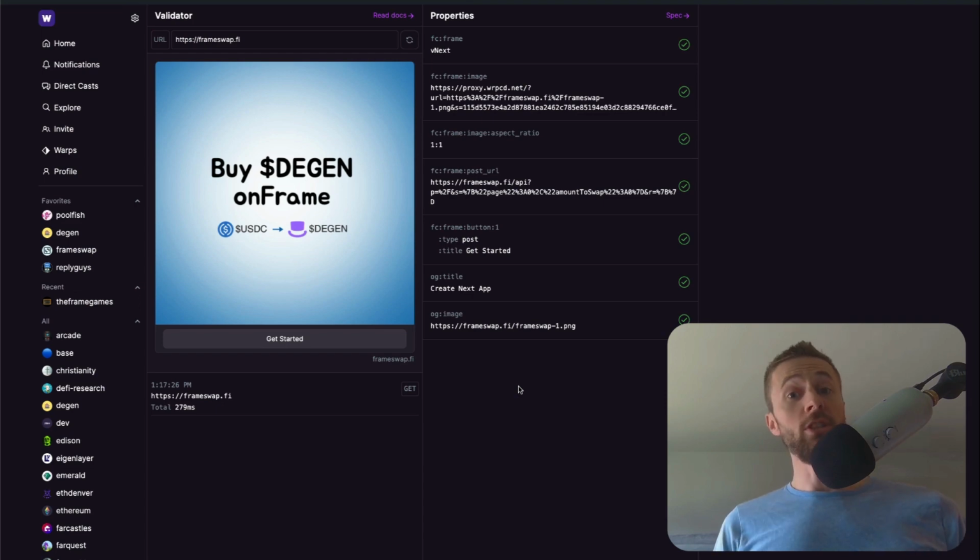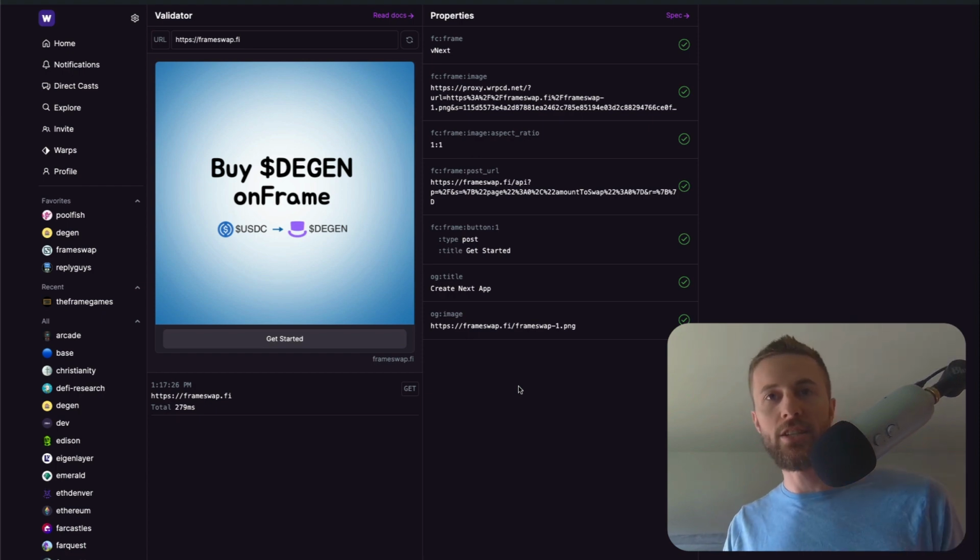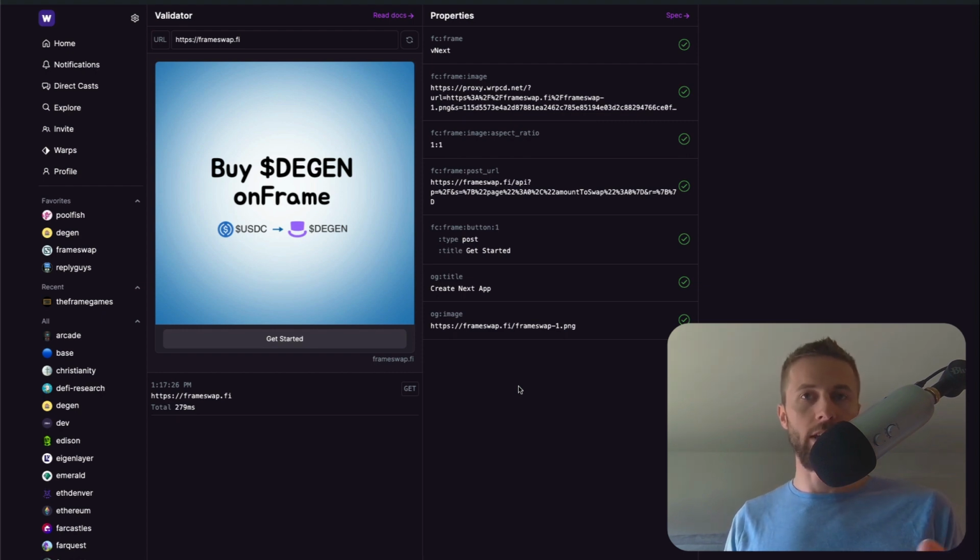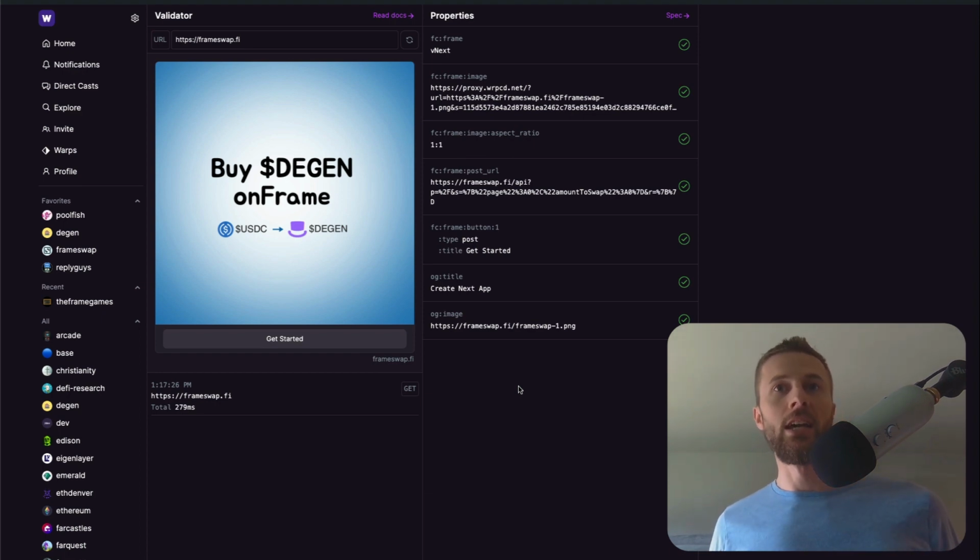I am absolutely sprinting right now to get frame swap done for tomorrow because Farcaster just announced that the transaction frames that I've been working on are launching tomorrow on Friday. The first frames with transactions are going to come out, and I would like frame swap to be one of the first ones, and I think it can be one of the coolest ones,